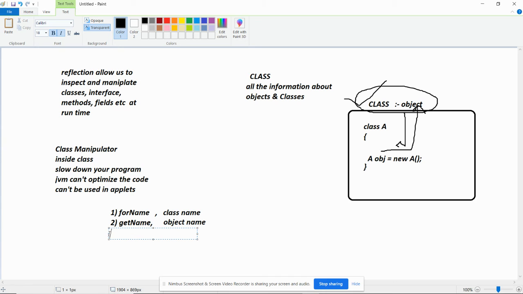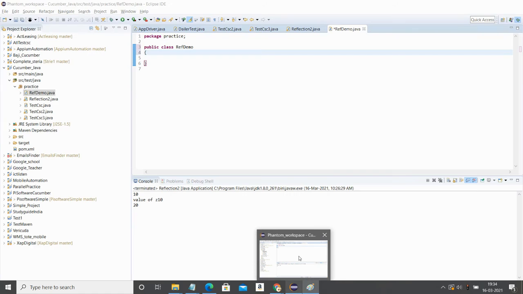The third method is very rarely used. It is basically for boolean operations, and it is known as the dot class method. In real life you will use only the first ones. It is basically an extension. So these are the three ways we can create the object of a Java class, which has all the information about your classes and objects. You will get all this much clearer with one example.